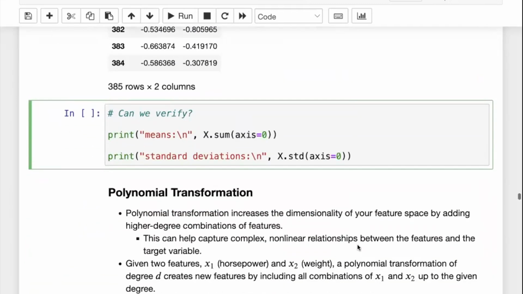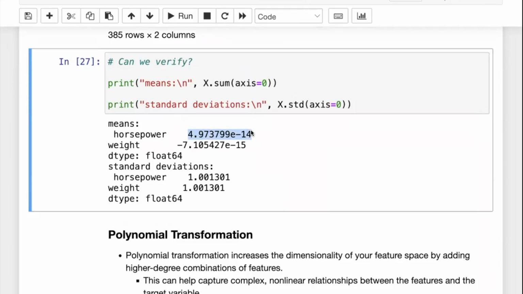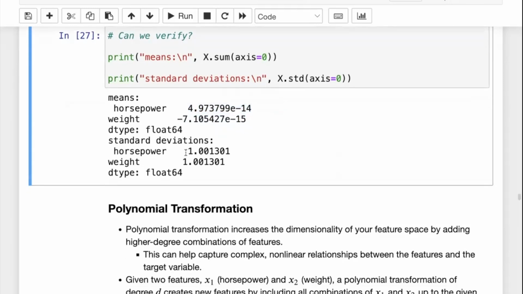In this case, if I run this, you can see that for horsepower, the mean is very close to zero. It's 10 to the negative 14. That for our purposes is completely zero. And the same thing with weight. And you can see that the standard deviations are both, in this case, equal to one, as we expect. So this means that we correctly were able to apply this standardization